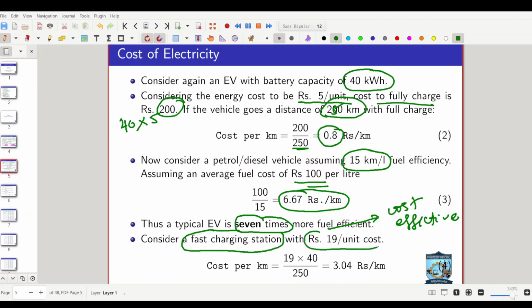It is about rupees 19 per unit. That means about 4 times what we spend by charging the EV at home. So it is always better to charge the EV to full charge before we leave our home, because the unit cost at charging stations is very high. Even in that case it is coming around 3 rupees per kilometer, which is at least 2.5 to 3 times better than diesel